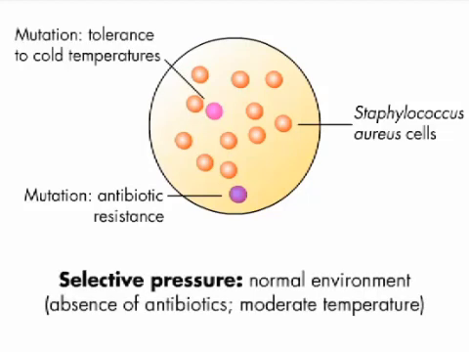What do you think will happen when the selection pressure of a normal environment exerts its effects on this population of Staphylococcus aureus? We can consider a normal environment to be the skin of a person who is not taking antibiotics and who lives in an environment with a moderate temperature. In a normal environment, neither of these mutations provides the mutant organisms with a selective advantage over non-mutant organisms. In fact, these mutations may cause the mutants to be less well adapted to a normal environment than the non-mutants.